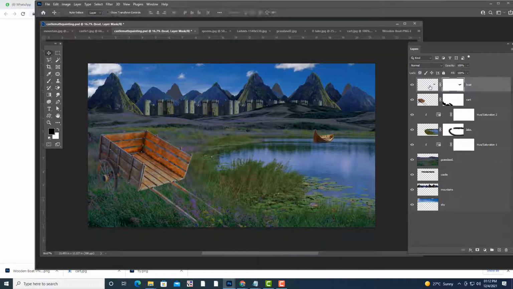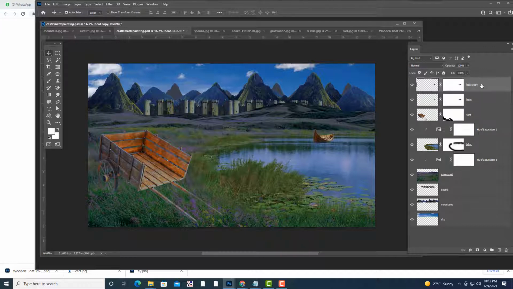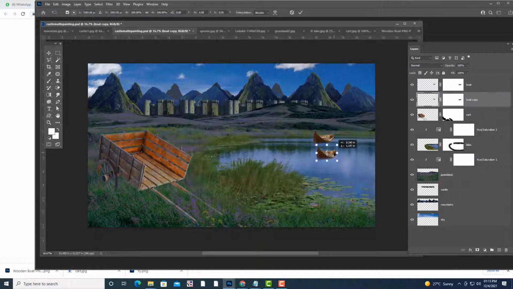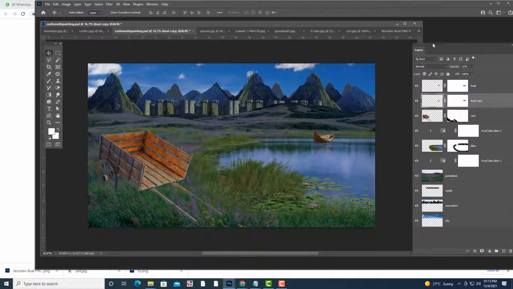Okay, then we can do one thing. We can actually create a reflection here. So what we can do is, this is optional. Okay.